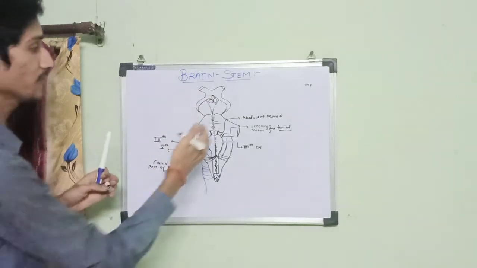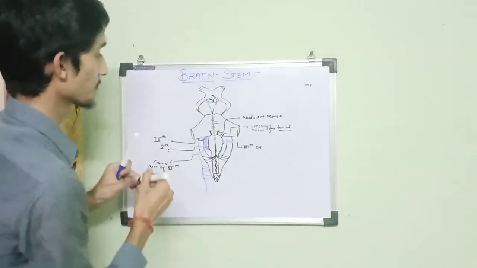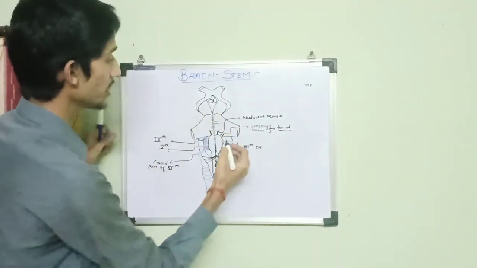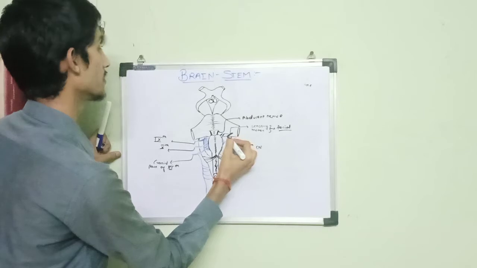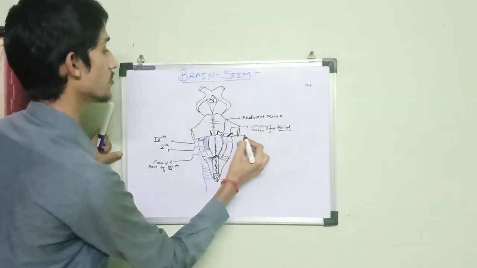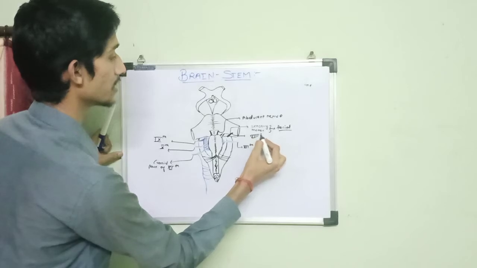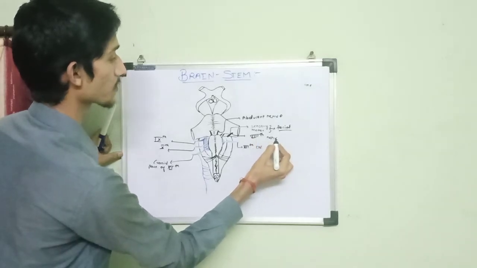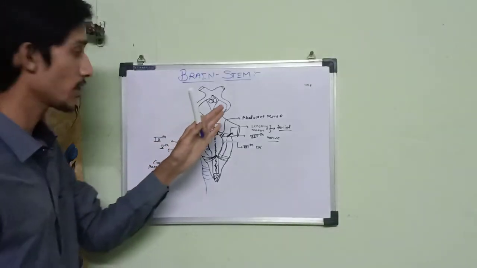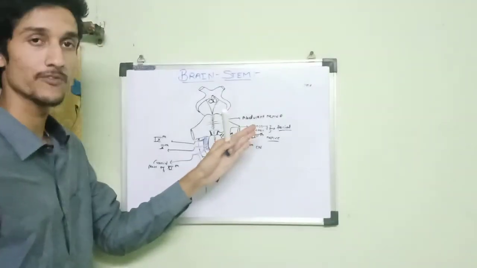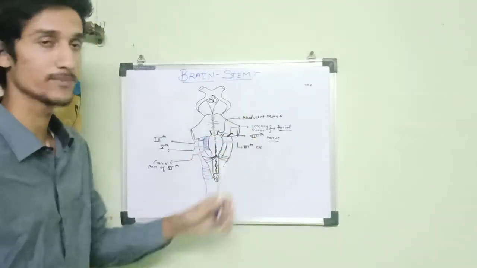Medial to the abducent nerve, we have the facial nerve arising as its sensory and motor rootlets. More lateral to it, we have the vestibulocochlear nerve. Vestibulocochlear nerve is our 8th nerve. So from the pontomedullary junction, medial most we have the abducent nerve, lateral to it we have the facial nerve, its sensory and motor fibers, and the most lateral one is the vestibulocochlear nerve.